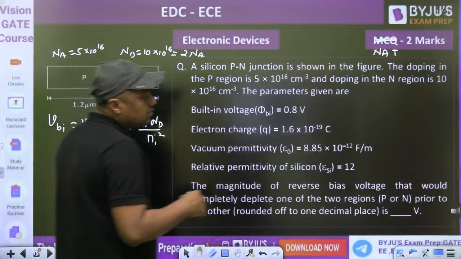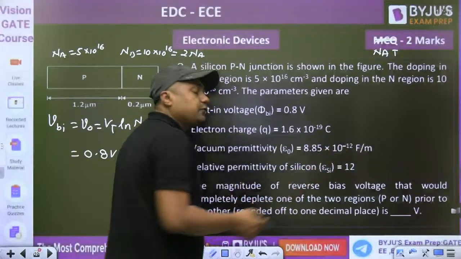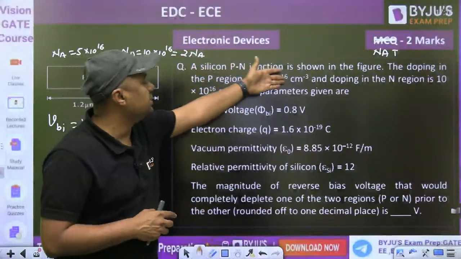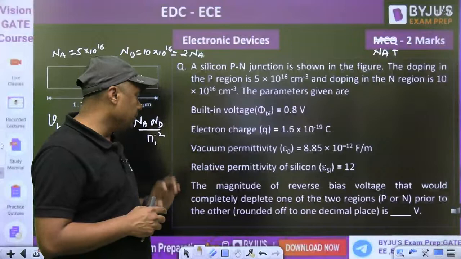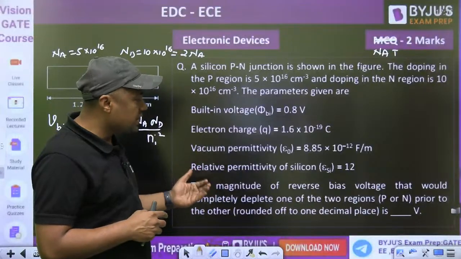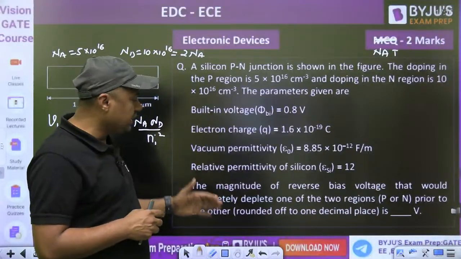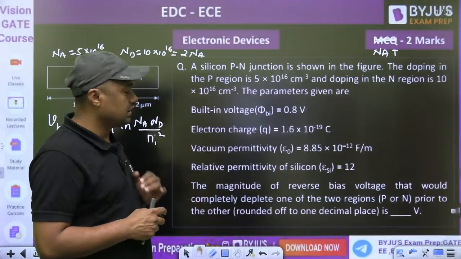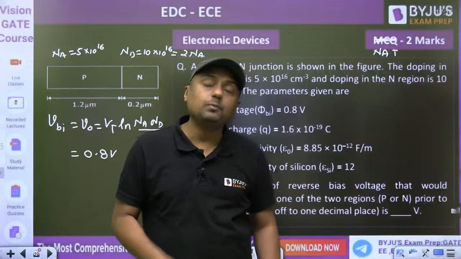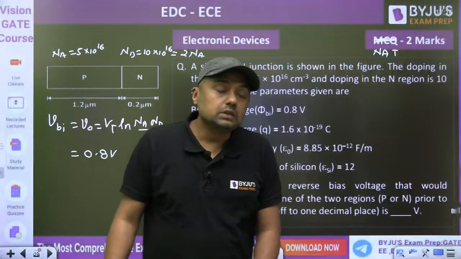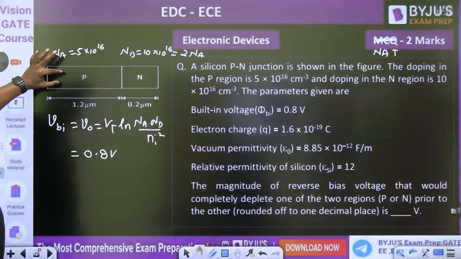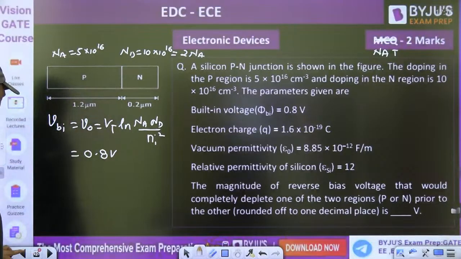Always remember, farad per meter is given. You have to use the farad per centimeter. Why? Because the concentration is given in per centimeter cube. Relative permittivity. The magnitude of the reverse bias voltage that would completely deplete one of the 2 regions, P or N, prior to the other, rounded off to 1 decimal place. Okay. Now watch this. Here the concentration is low. Here the concentration is high. Now if this is the case, then